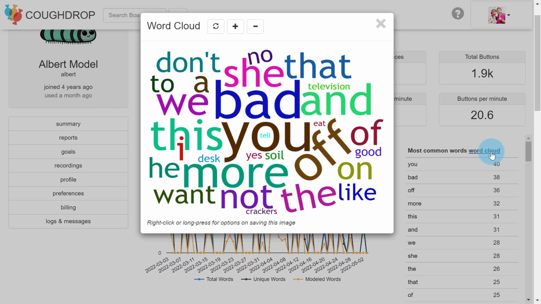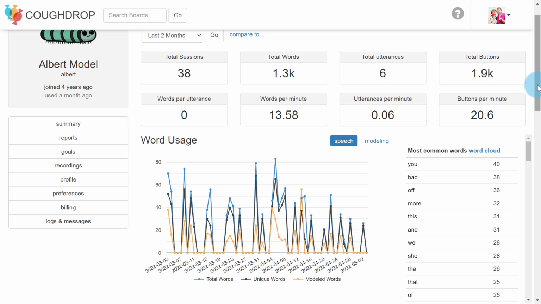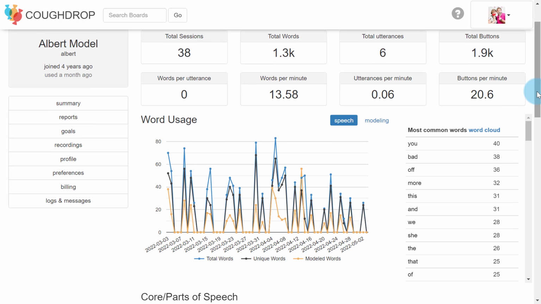One piece that I really love to use is to create a word cloud. This is a great way maybe after a month or two of school to be able to print and see how things have been going, and then at the end of the school year be able to print it again and say, wow, look how much progress or look how much growth we've had happen in that time frame. And it's a great visual reminder of the things that you've been working on and the ways that you've been